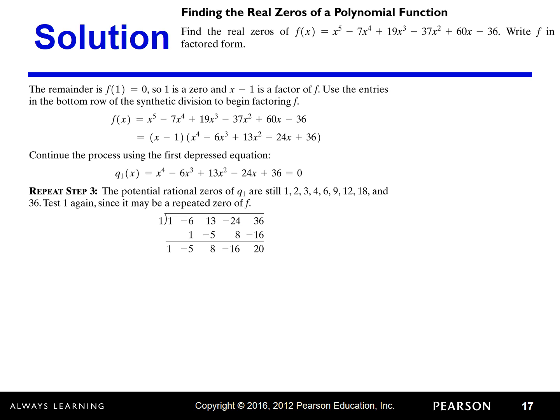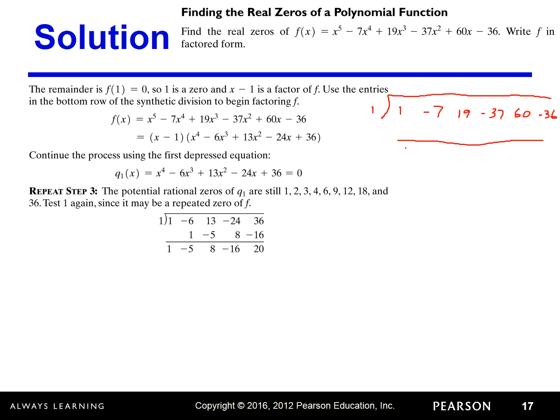So he got 1 is a 0, because if you run 1 in the original function f with 1, -7, 19, -37, 60, -36, and we're not really afraid of any synthetic because it's so easy and